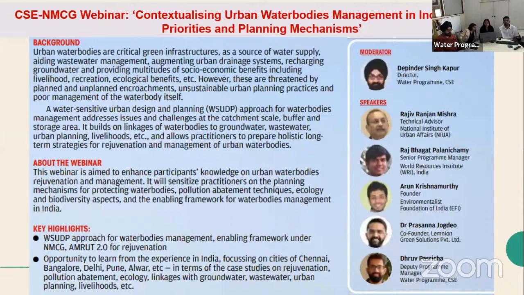We'll be learning from experts about different experiences in India, focusing on cities like Chennai, Bangalore, Delhi, Pune, Alwar, etc. The case studies are based on rejuvenation, pollution abatement, ecology, and linkages with groundwater, wastewater,